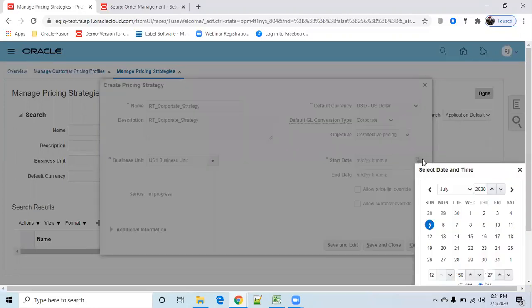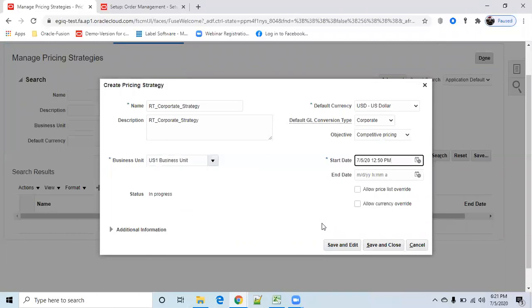What is the start date? Today's date. Click on OK. When you check the checkbox allow price list override, the system will display a certain price based on the pricing strategy, and once you check it, the system will allow you to edit that price.